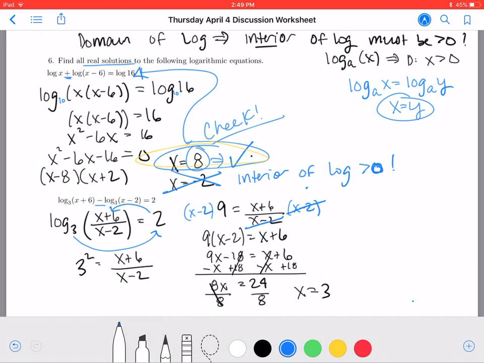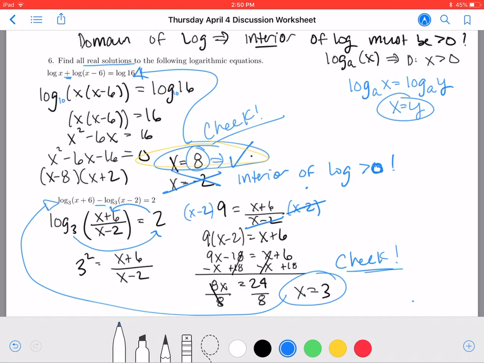I know there's only one answer, but check that answer. There are going to be situations where you might have no solutions at all. So if I plug in 3 back to the original log problem, I only end up with positive interiors. That's good. So this